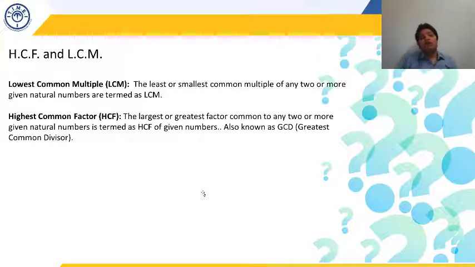So now what is highest common factor? The largest or the greatest common factor. Suppose, again let's take an example. Let's take the same example of 6 and 12. Suppose I have two numbers 6 and 12. I need to find out the highest common factor between both of them. So we want that number that is a factor of 6 as well as a factor of 12, and it should be as high as possible or as large as possible.